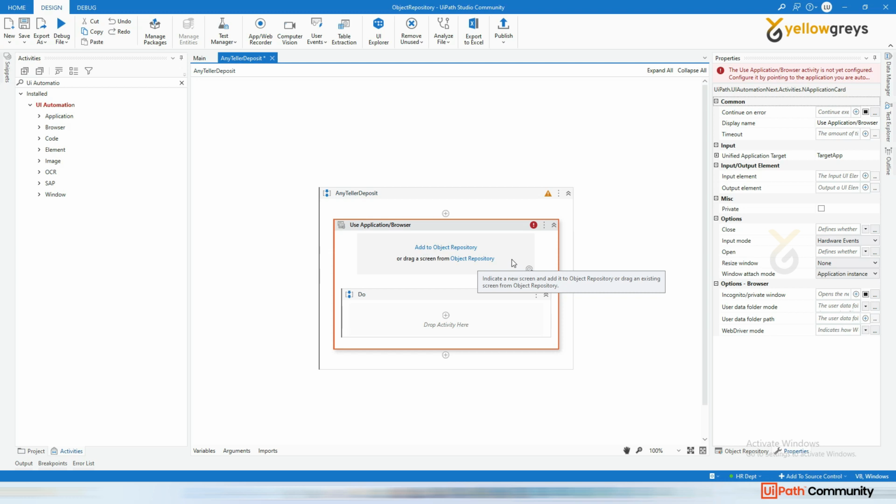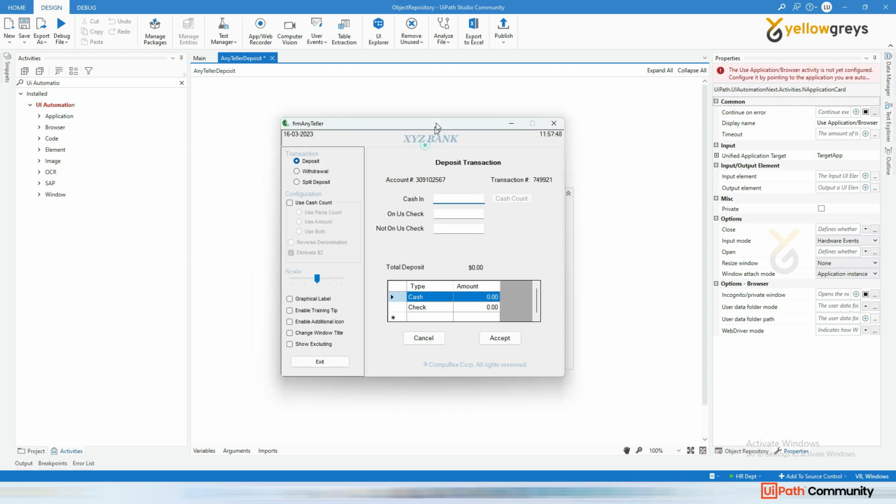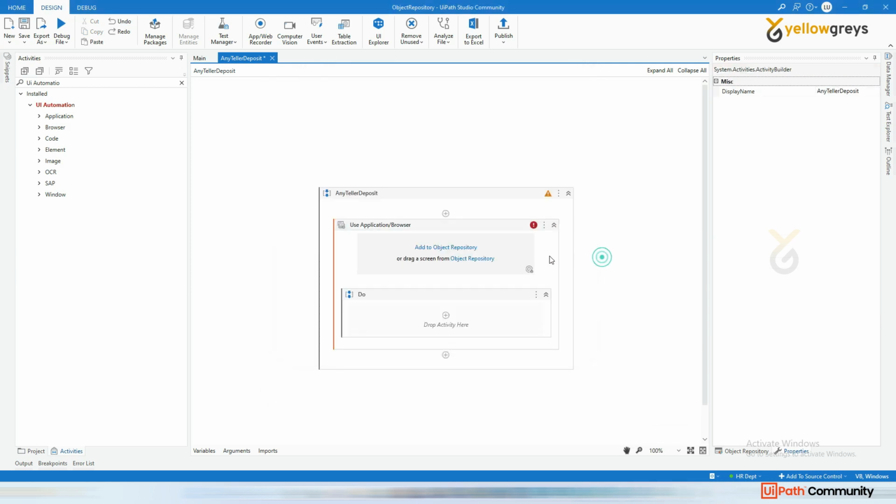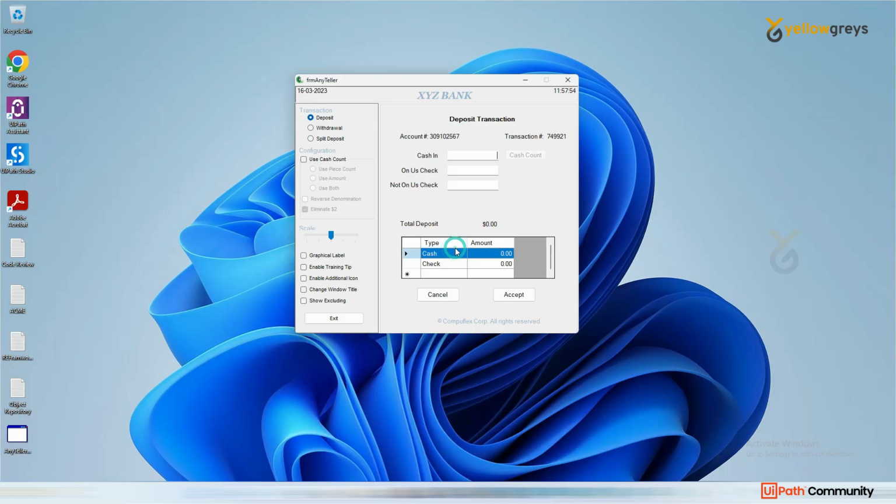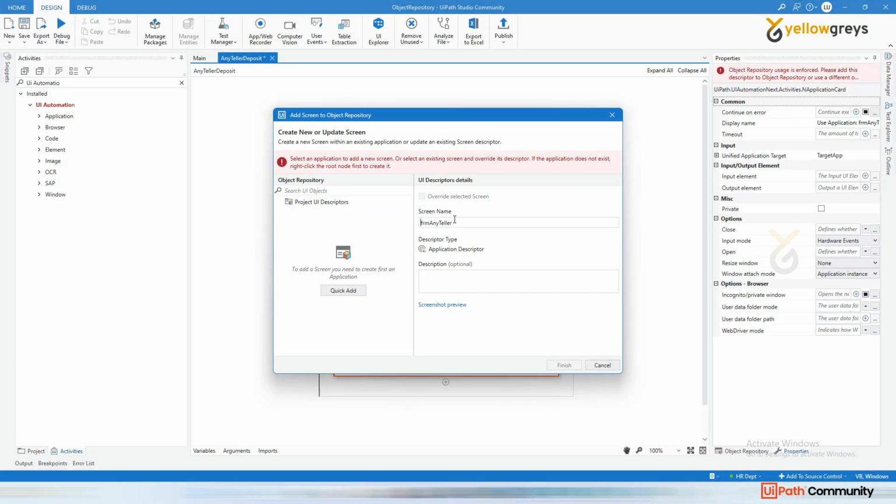If it is the first time you are going to add your UI element into the object repository, you can click on this Add to Object Repository. Let's say, here this is my application I'm going to automate, and click on Add to Object Repository, and this is the window. I'm going to add it as an application. Okay, click on it, and once you click, it will ask for the screen name, and you can add a description also. So here I'm going to add a description, Any Teller banking